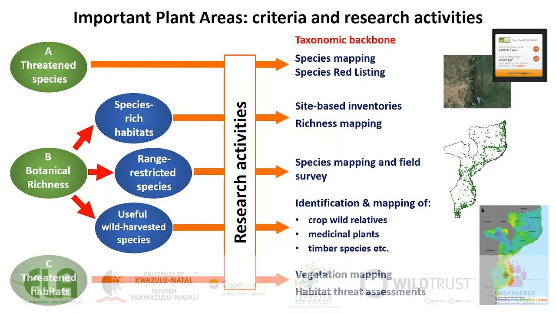This slide gives an overview of the range of activities required for assessing a national IPA network, ranging from collation and mapping of existing data on species and habitats to targeted field surveys and to extinction risk assessments. These are all tasks that many botanists and botanical institutions such as herbaria and botanical gardens are well experienced in, and so we're well placed to lead on this work. It should also be noted that such work is largely impossible without a solid taxonomic framework. In Mozambique, we are fortunate to have a near-complete flora, that being Flora Zambesiaca, and a range of other useful publications on the country's plant diversity, which form a solid basis for identifying priority species and habitats.